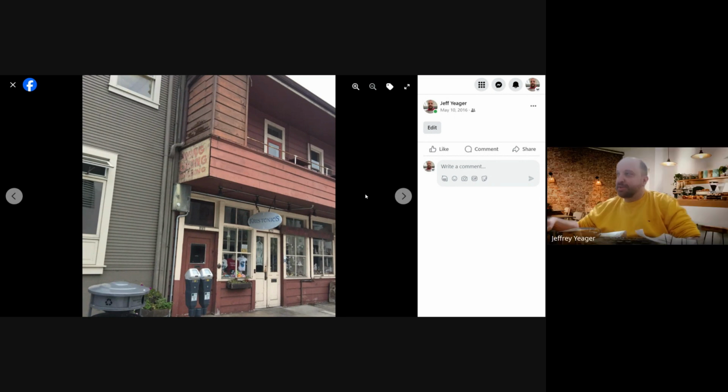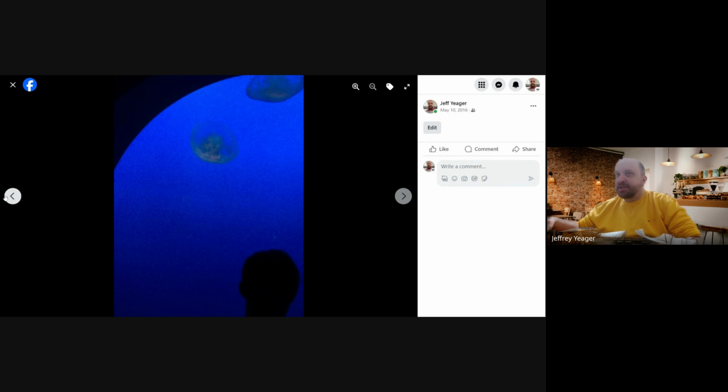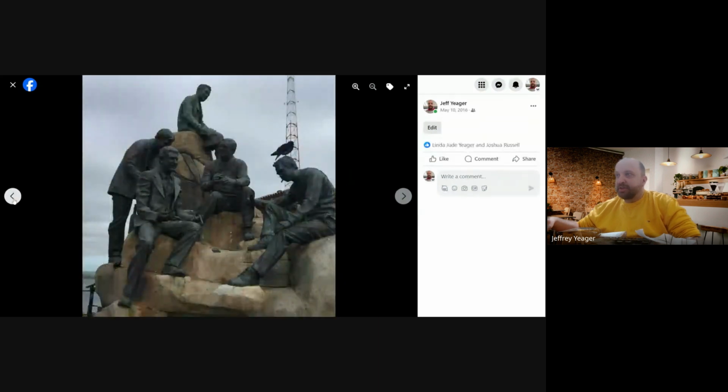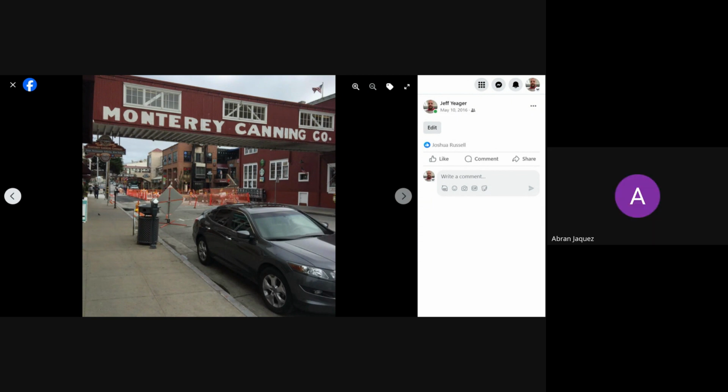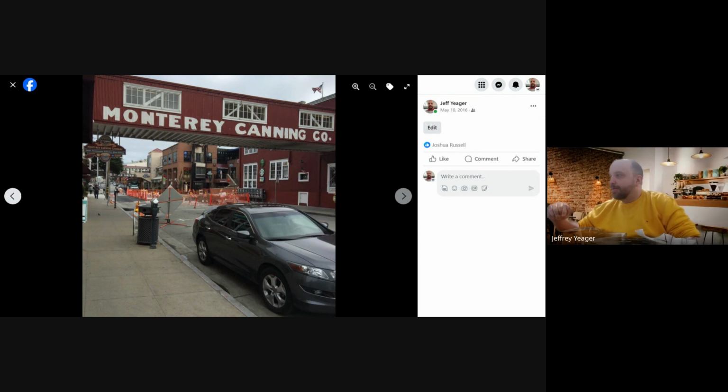Yeah, it's really a magical thing to get to go there after reading the novel. They have stuff about, like here in this picture, a whole exhibit on the Monterey Canning Company. Fortunately, since it's a big tourist place today, they don't really have the sardine factories going or anything like that. Yeah, I don't see the whorehouse either. No whorehouse there.